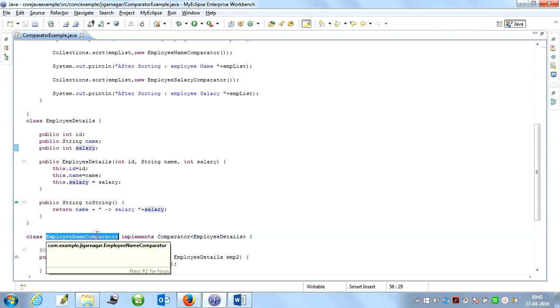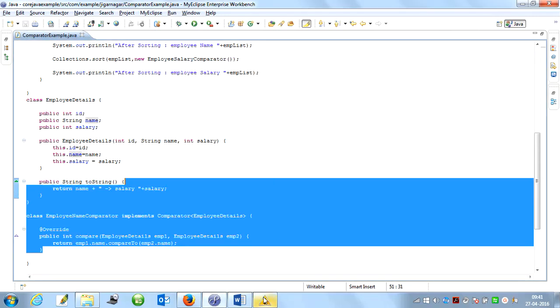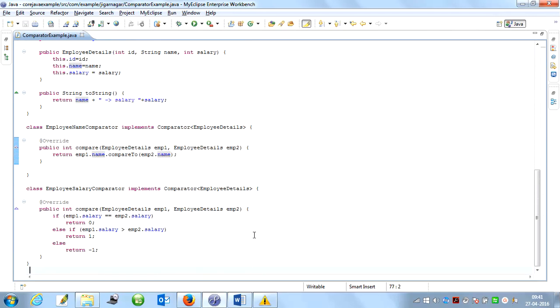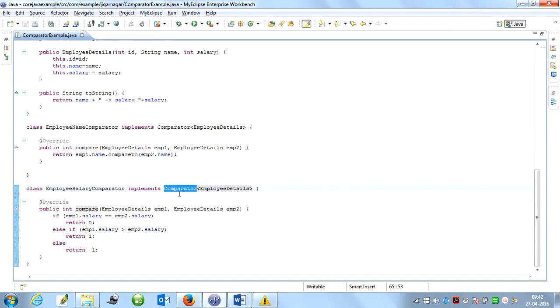So I have created a new class, EmployeeNameComparator, which implements Comparator and compares employee1.name to employee2.name, returning the result as 1, -1 or 0, and sorts the string data for us. Similarly, I have created another class, EmployeeSalaryComparator, which again implements Comparator and has a compare method with similar logic within it.